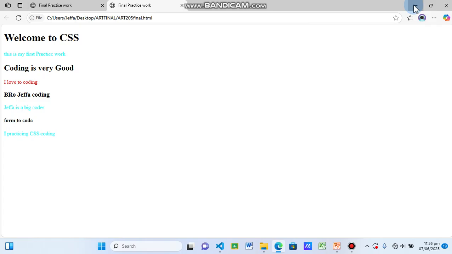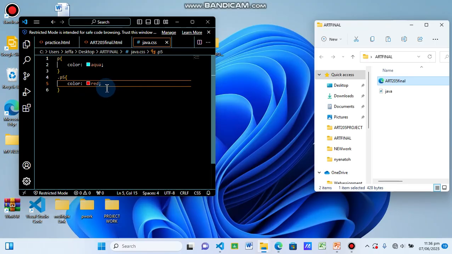So you can use the example to attach any of your choice. For each paragraph, you can choose the class you want to use and select from your HTML work and attach whichever color you want to put. You can give all the paragraphs different colors. You can also use this for font size, to change the font size, everything. So now, I think this is how you do some pieces of CSS.